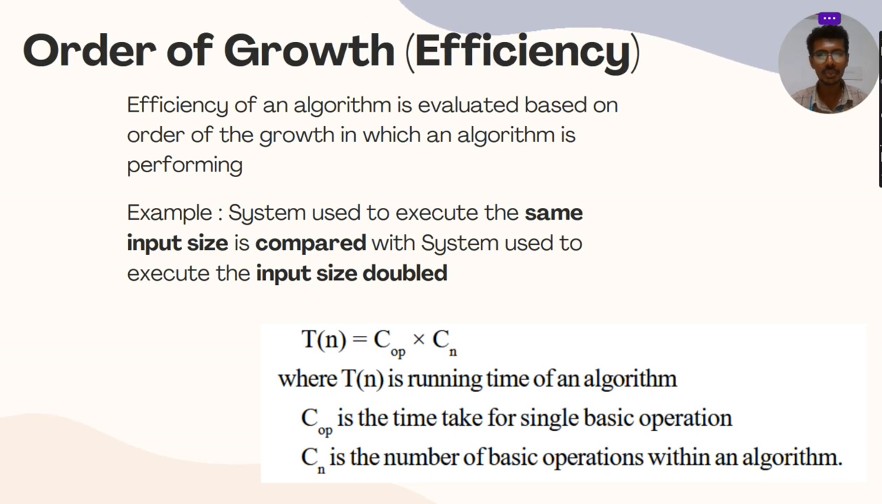And the order of growth. The efficiency of an algorithm is evaluated based on the order of growth exhibited as the size of the input changes. For example, if the system is executed with a given input size and it is compared with the system executed with the input size doubled or tripled, that is how the order of growth will be ensured. If you take an example of